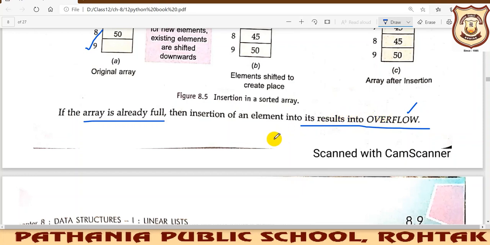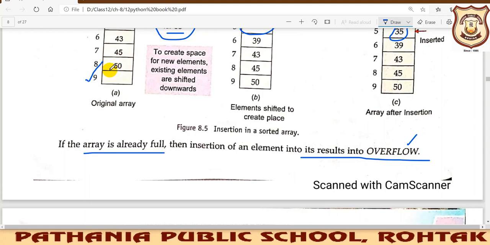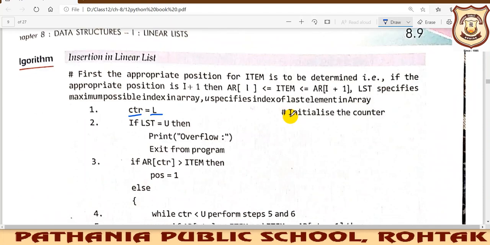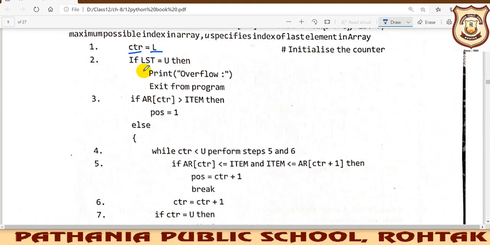So firstly we must check that if the size of the array is fixed, we cannot insert if there is no space left. If space is there, then we should shift the elements down so that a space is created, and then finally we insert that element. Fine, so this is the condition.